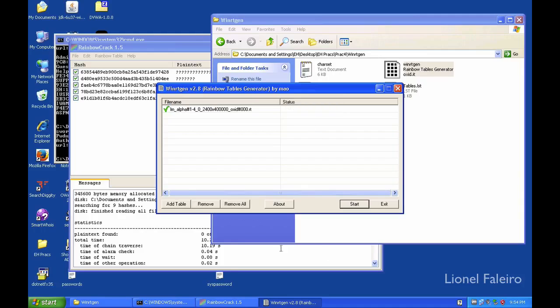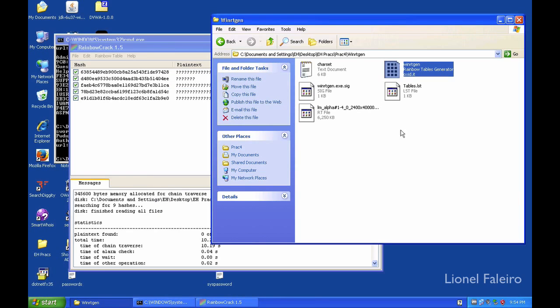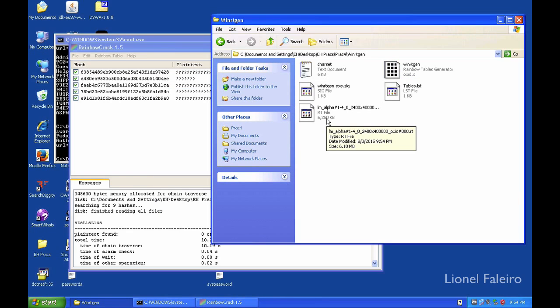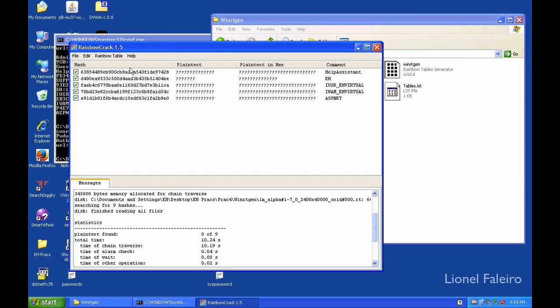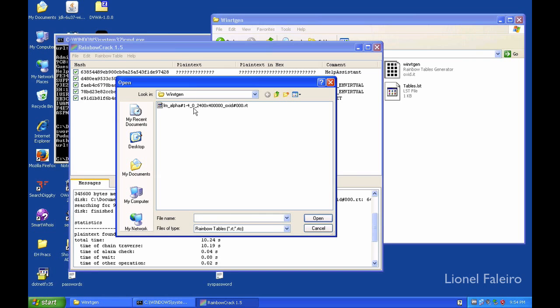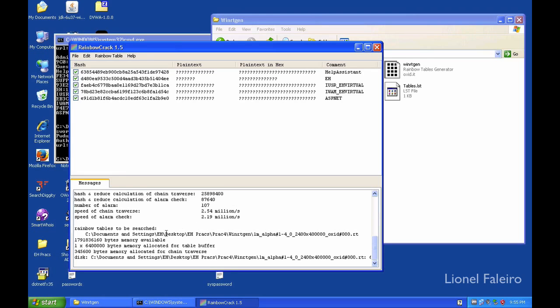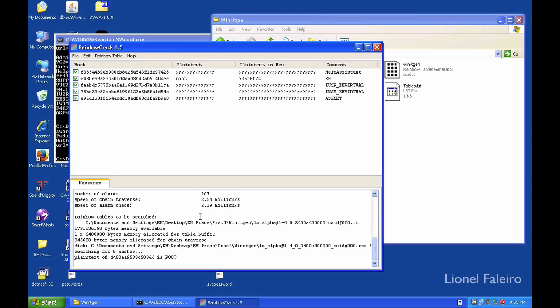Alright, so the rainbow table has been generated for a chain count of 400,000. If you go to see, it is giving me a file that is around 6.10 megs in size. Let's say I'll try to search a rainbow table and I'll select the rainbow table again, and let's see if it uses this and it's able to crack the password again. Alright, by giving a chain count of 400,000,